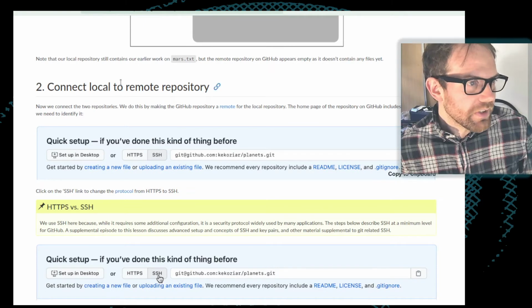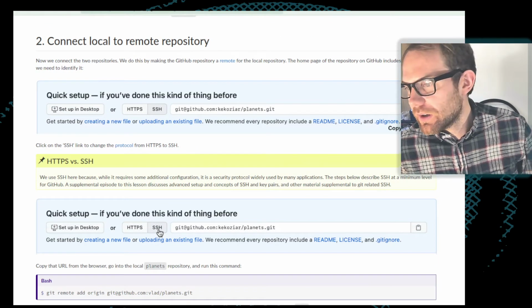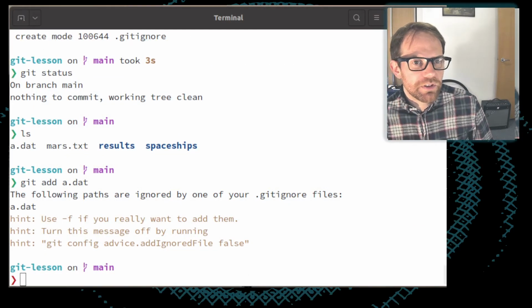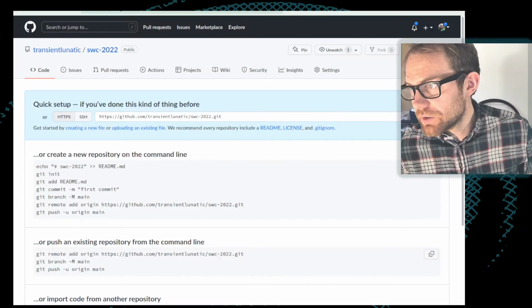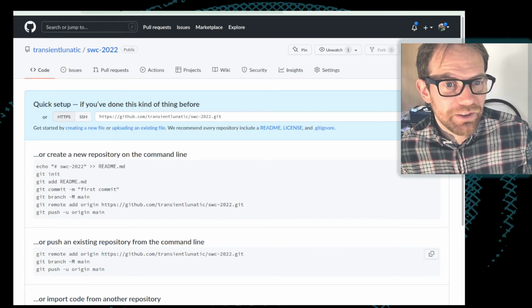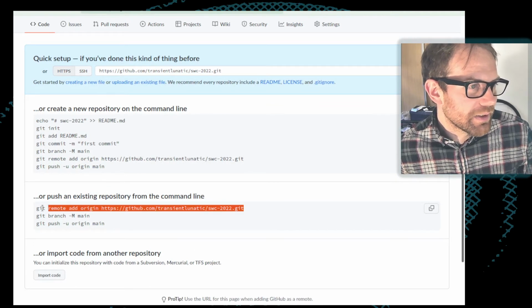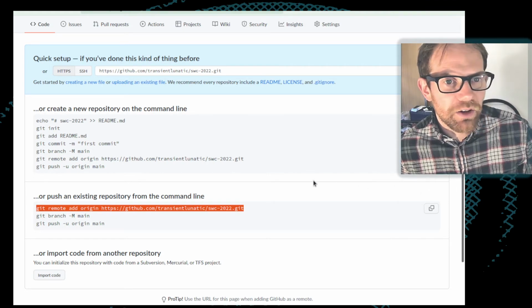Okay, so we've got our remote repository now on GitHub, and we need to connect the repository which I've got here, which we've been working on, to the remote on GitHub. So how do we go about doing that? Well, you'll see that there were some instructions here basically telling you what to do. It's helpful that GitHub tells you this because I suspect I would easily forget the exact syntax that we need, but it's this git remote add origin thing.